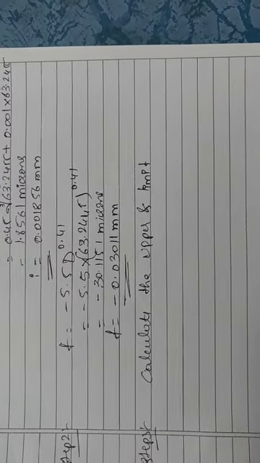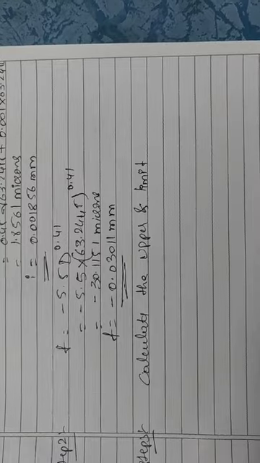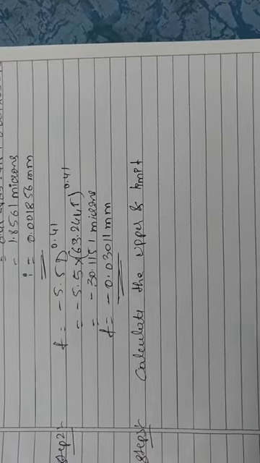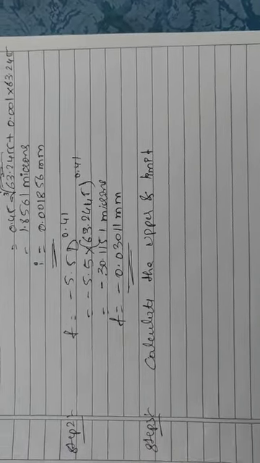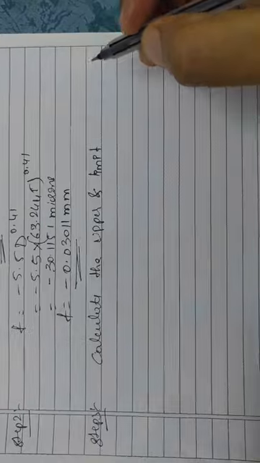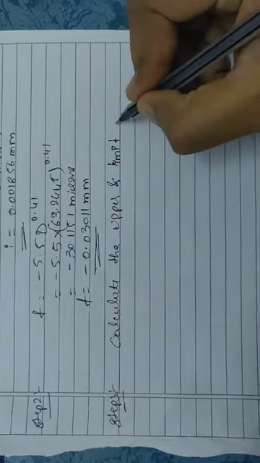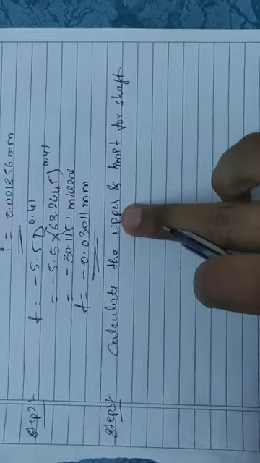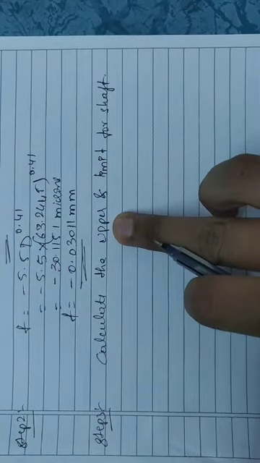By applying the Taylor principle we come to know where we apply the go gauge and where we apply the no go gauge, and what the advantages of go gauges and no go gauges are. While solving the design of gauges you will come to know why we use the upper limit first for the shaft and the lower limit first for the hole. You will come to know in Taylor's principle in the next video.